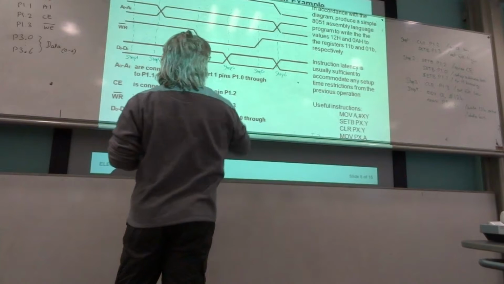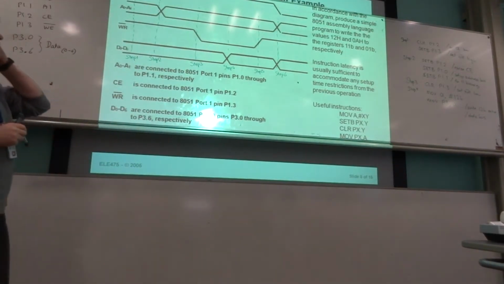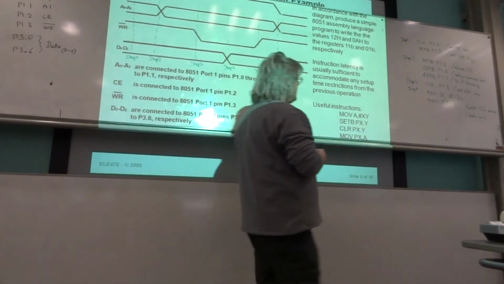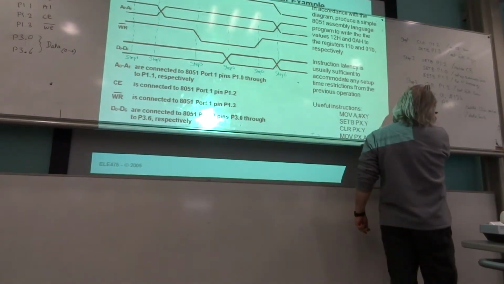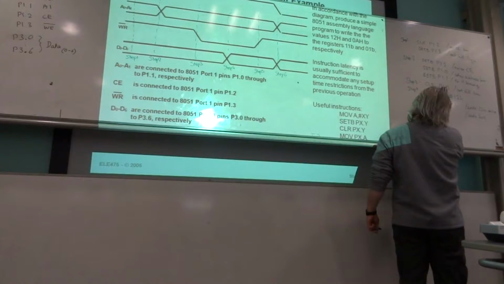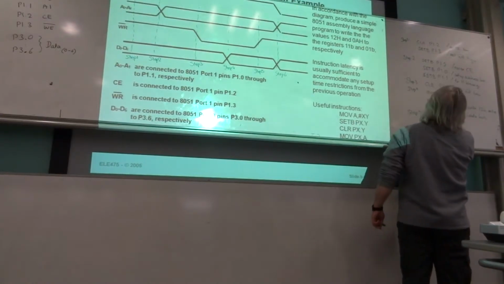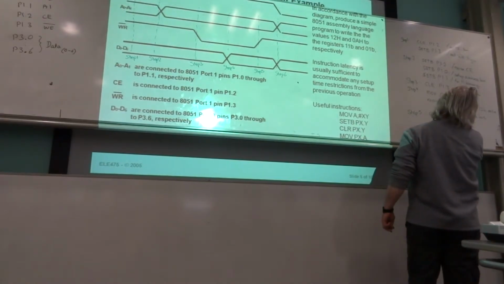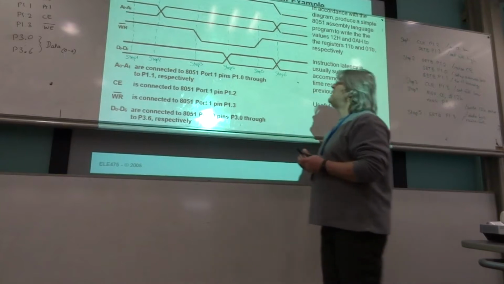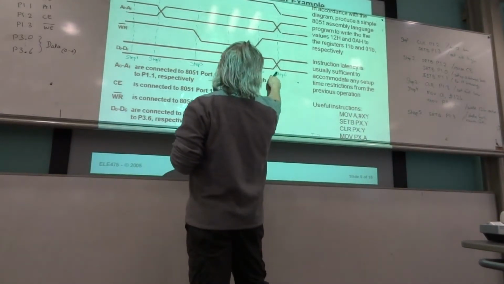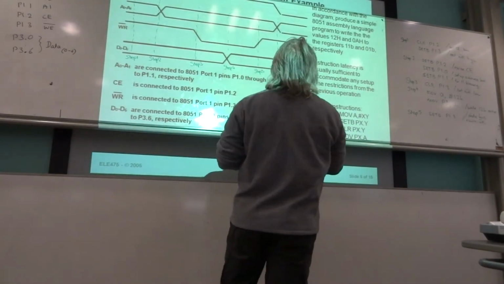Step 5 is we then need to raise the write enable signal. So step 5, set B, whatever the write signal is, P13, raise write enable. Nothing else happens in step 5, and then step 6,